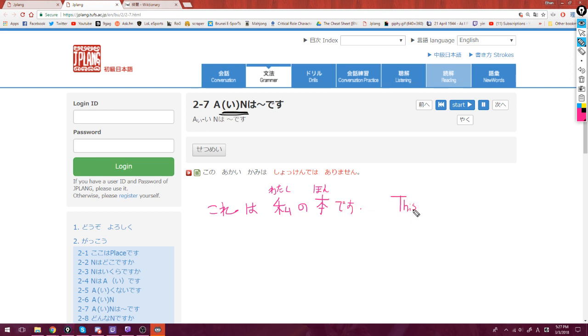This is my book. We can further upgrade the sentence by saying, instead of これ, we can say この本は私の本です, right? Say this book